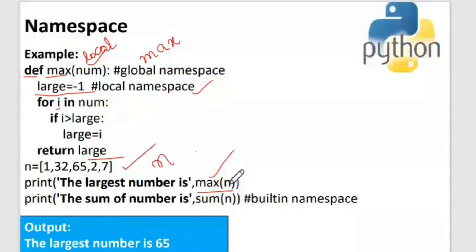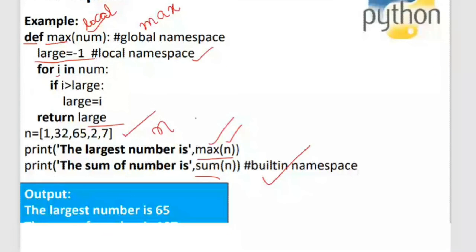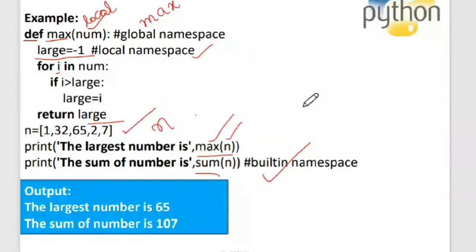After that I said sum. What is sum? Sum is a built-in function which I can apply on a list. The identifier sum will not be found in the local, and it will not be found in the global either. The interpreter will find sum in the built-in namespace. So this is how the variables are segregated based on their scope. When it is a global scope, it gets into the global namespace. When it has a local scope, it gets into the local namespace. And if it is a built-in one, it gets into the built-in namespace.